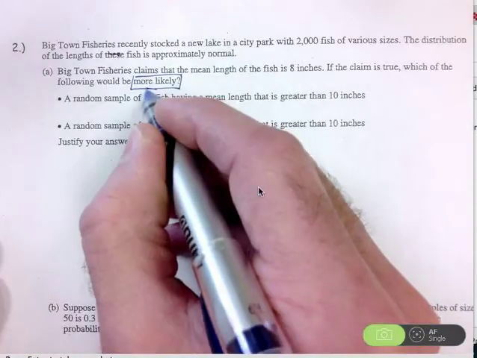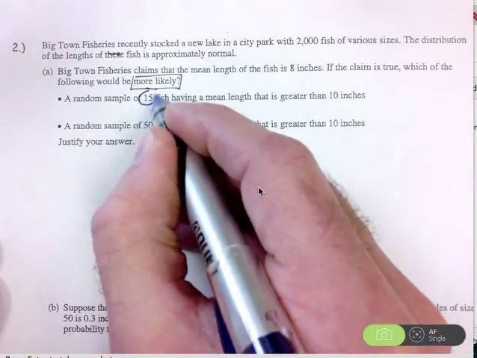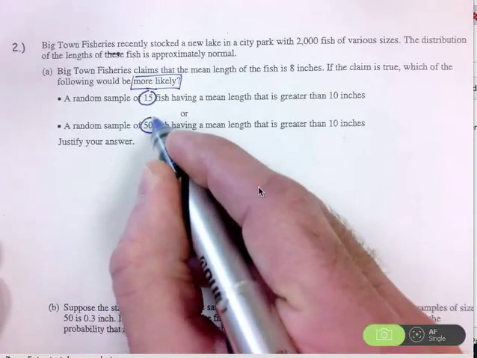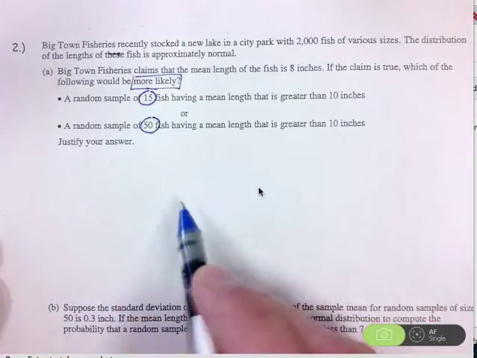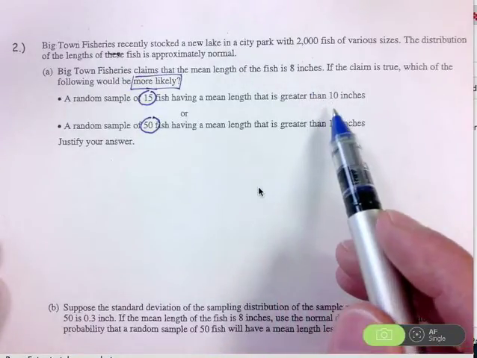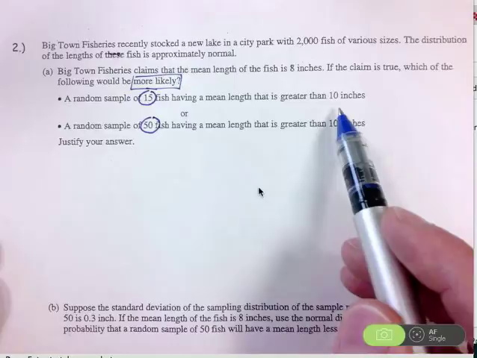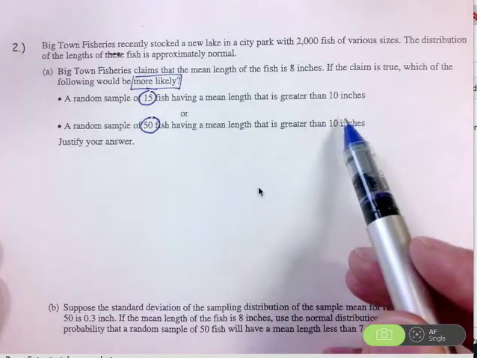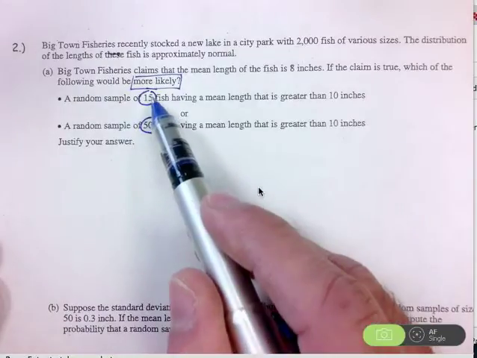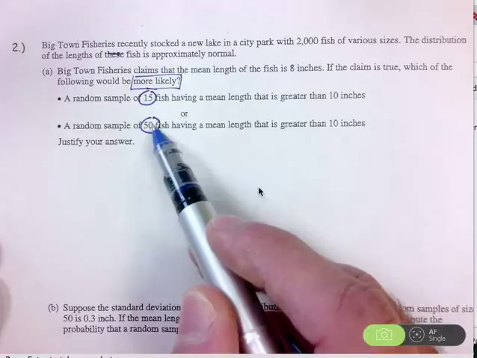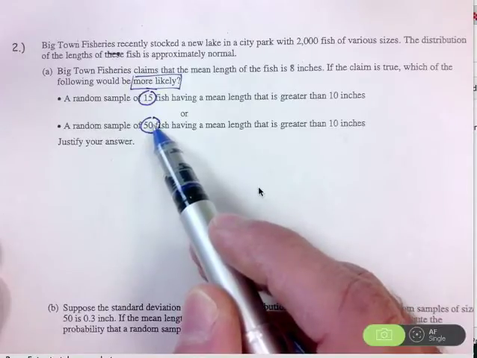So in the first scenario, we have a sample of size 15. In this scenario, we have a sample of size 50. So either way, the claim is that the mean is 8. We're interested in the likelihood of fish having a mean length of more than 10 inches. So the difference between 15 and 50, those sample sizes are going to affect the standard deviation of the